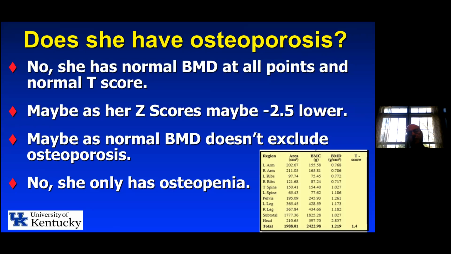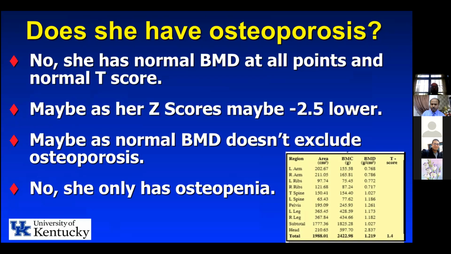Z-score, and this is a philosophical discussion. If you have an 80-year-old female, do you want her bone to be as healthy as a 20, 25 or 30-year-old healthy person? Of course, this is an unfair comparison. Why do you want to compare an 80 or 90-year-old bone to a 30 or 25-year-old bone? But again, on the other hand, if you